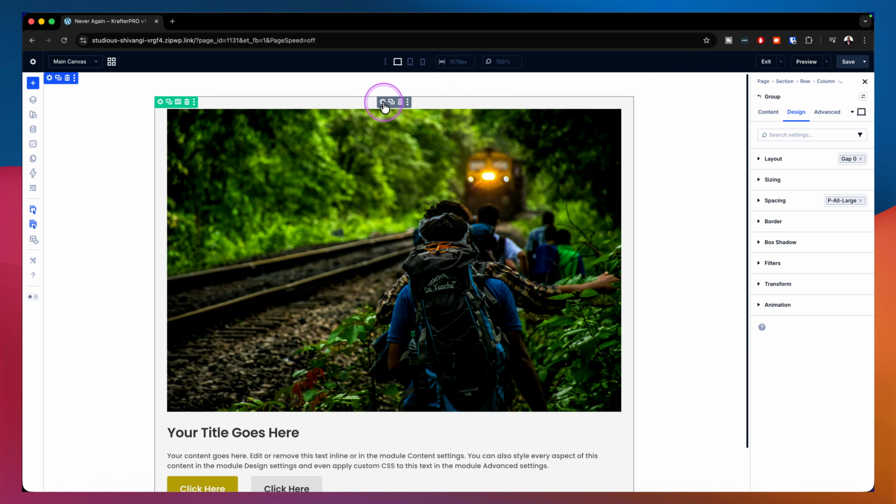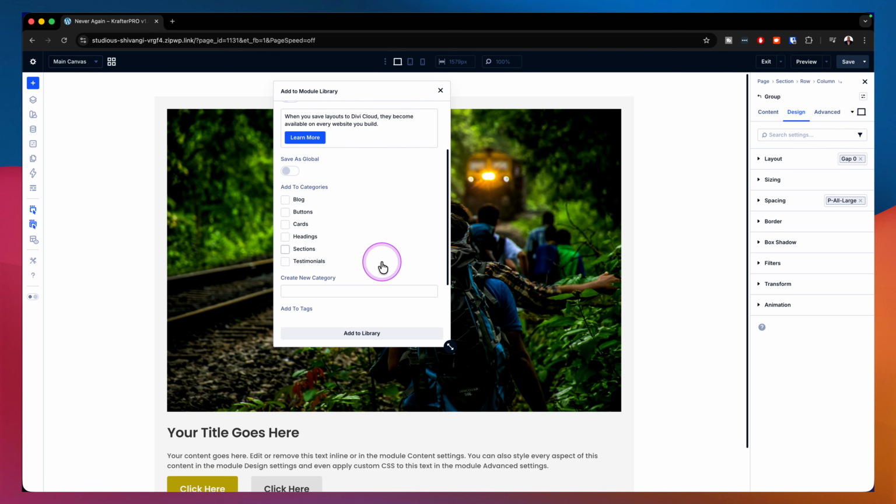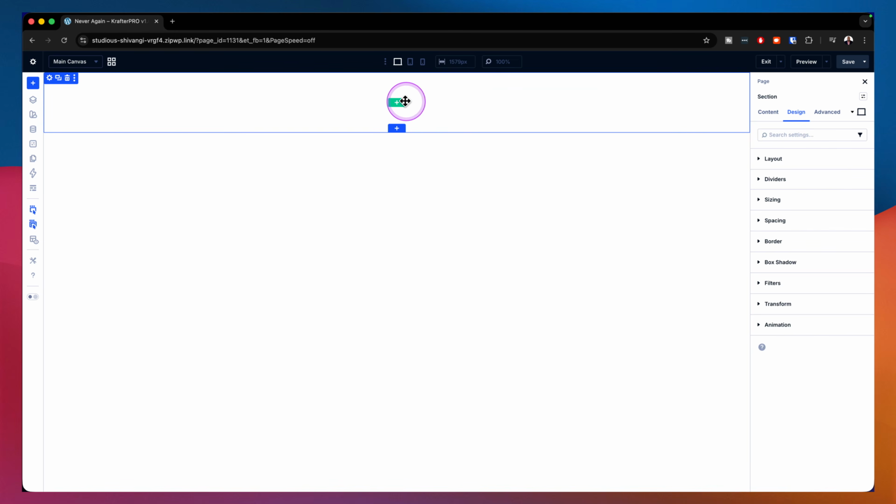So with this now, I can go in and save this to the library. So I'm going to say save to library. I'm going to give it a name. So I'm going to call this Mac card. Okay, let's call this Mac card 01. Okay. So now that I have this, what I can do is save it to the cards and then add to the library. So now that it's added to the library, I can delete this